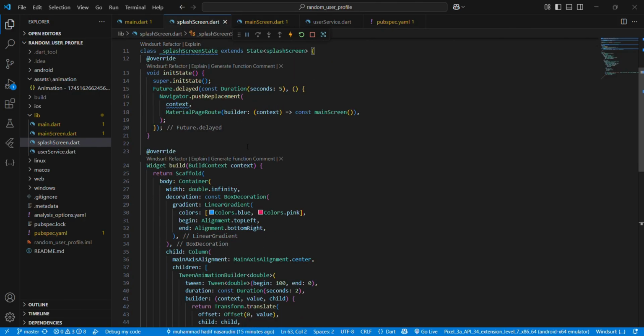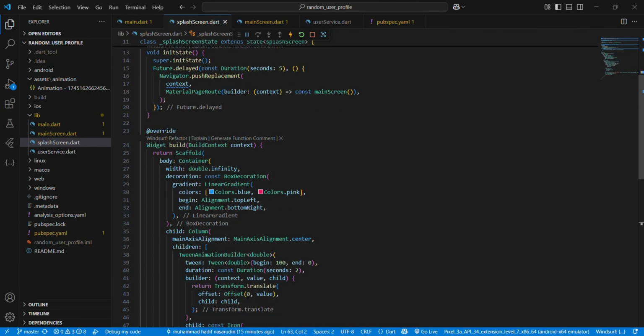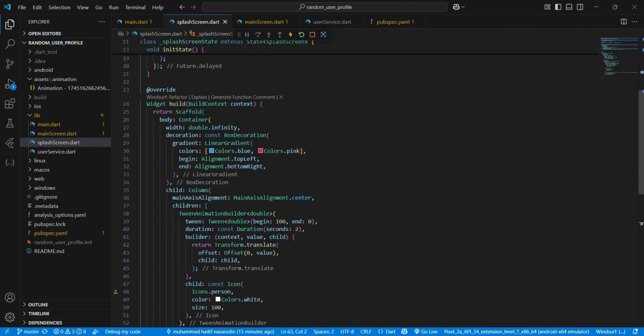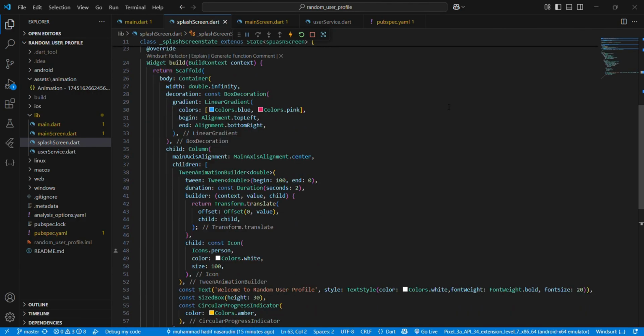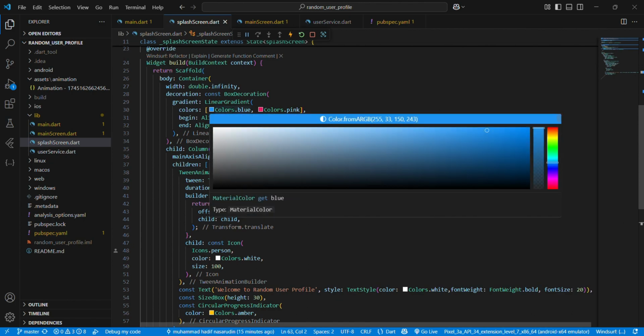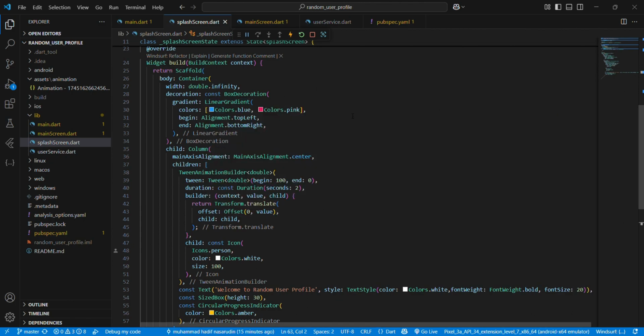So this is the design scaffold for the splash screen. I combined the color with a gradient, blue and pink, so it will look nicer and friendlier.